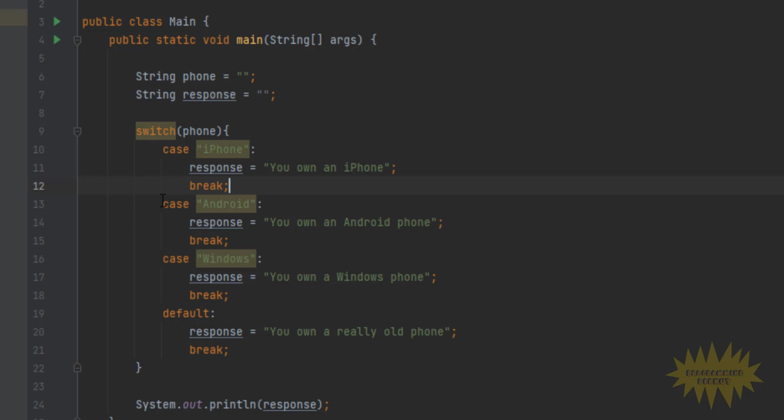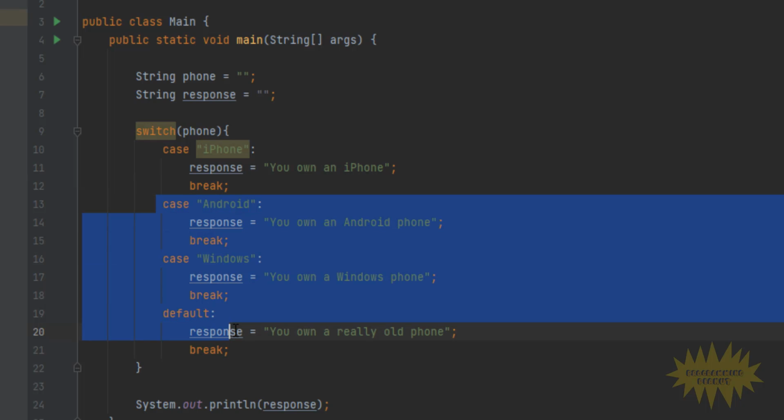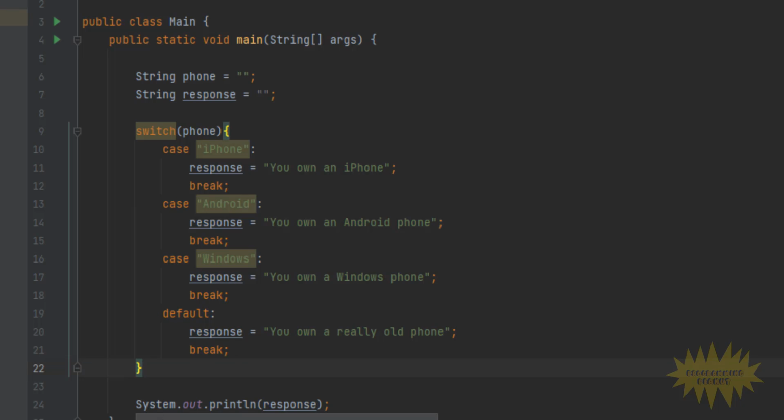Now the keyword break means that it'll skip all the other checks in the switch case, and then it'll continue on with the application. All right, so let's take a look at an example here. So let's say that the value of the variable phone is iPhone, okay? Now what's going to happen is once it enters the switch case, it's going to look at phone and it'll say, okay, well, if the value of phone is this, then we'll do this,